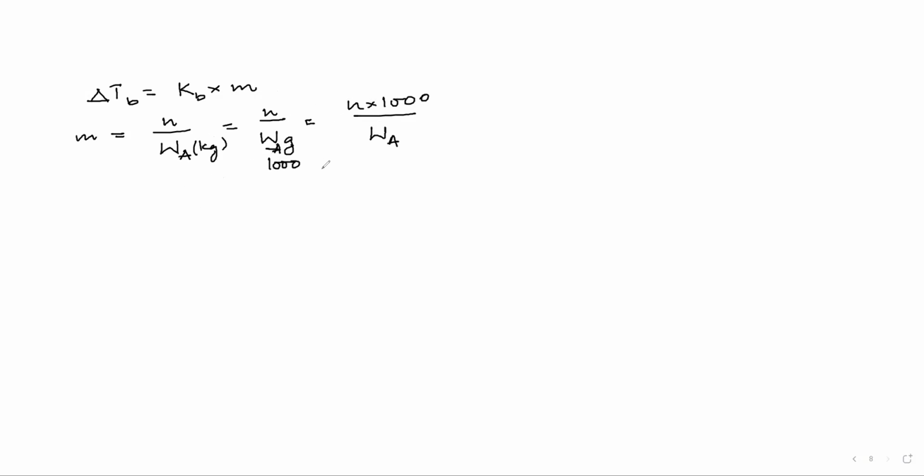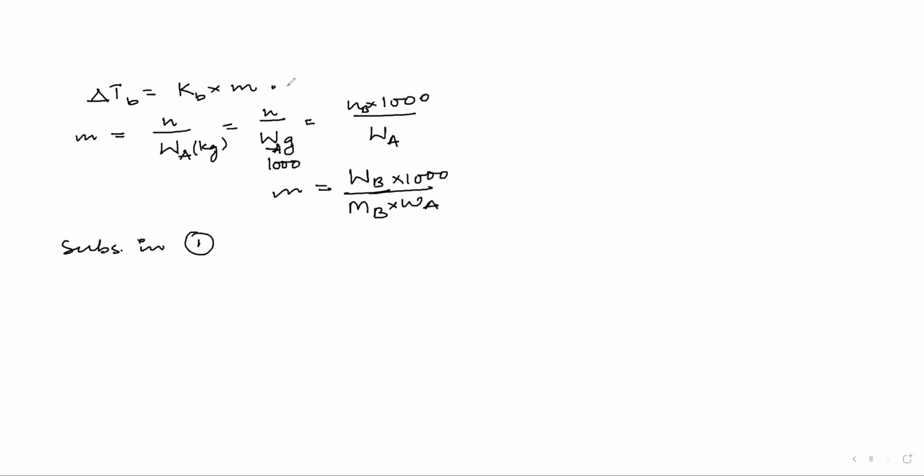Now, how can I write n of this? It is n of B, the moles of solute. n_B I can write as W of B upon molecular mass of B, into 1000 upon W of A. Do you have any problem till here? No, sir. Okay, fine. So I can write the molality m is equal to this much. Just substitute it in